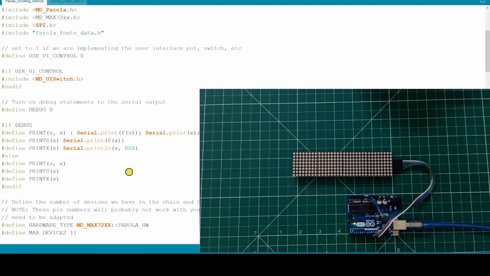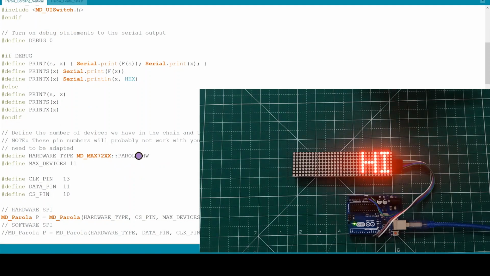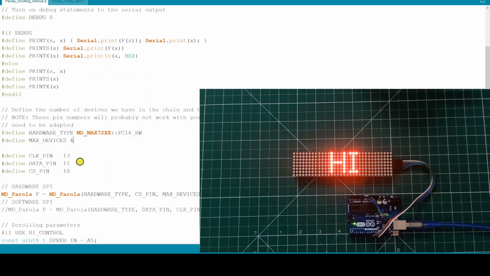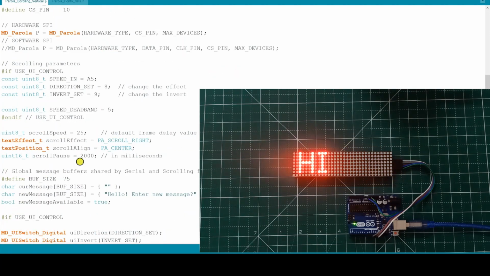Now go down. You have to change the hardware again to FC16. Then maximum devices to 4. And we'll change the word to hi. It is changed. Now let's upload.